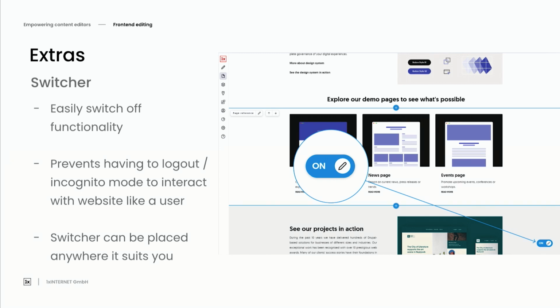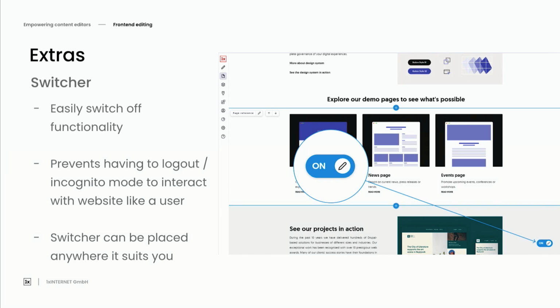Now, something else that's important, which maybe you thought as well: now we have this button on the bottom right. That's covering up some content. Well, we also introduced another small feature, which lets you place it anywhere you want. We're aware that you might have some functionality that sits on that bottom right side of the screen. You might have a widget. You might even have another contributed module that takes up that part of the page. I certainly know I do. So you can simply put it up to where it's most efficient for you. Not even in terms of blocking functionality, but in terms of where it's easier for you to click. Once again, you can really make it so that it suits you and your workflow.